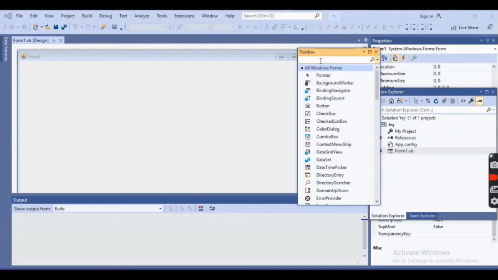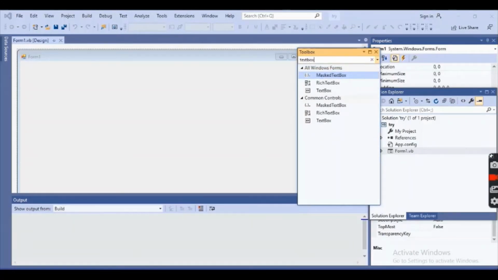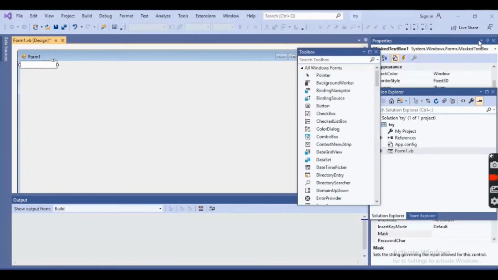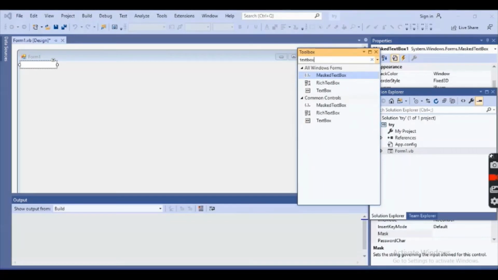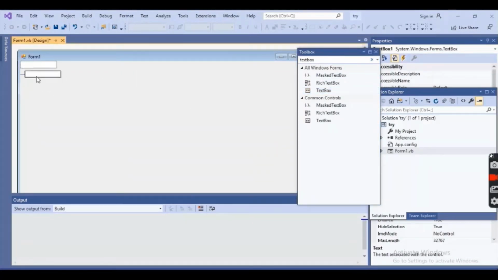For example, I want to create a text box, so I will search for text box. Here we have this text box. We will just click it and drag it to our form. I drag two, so here are two.